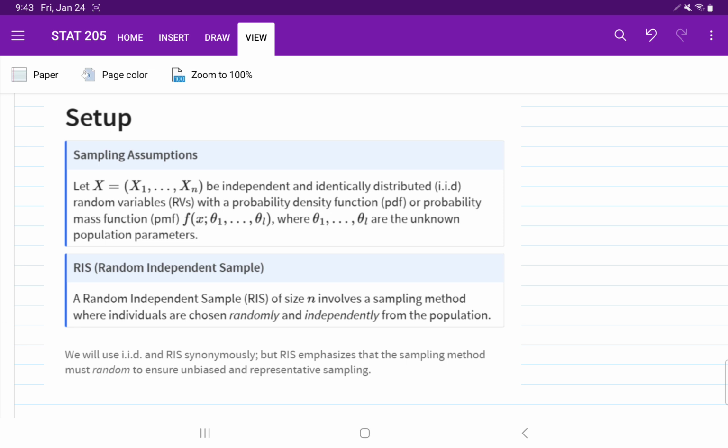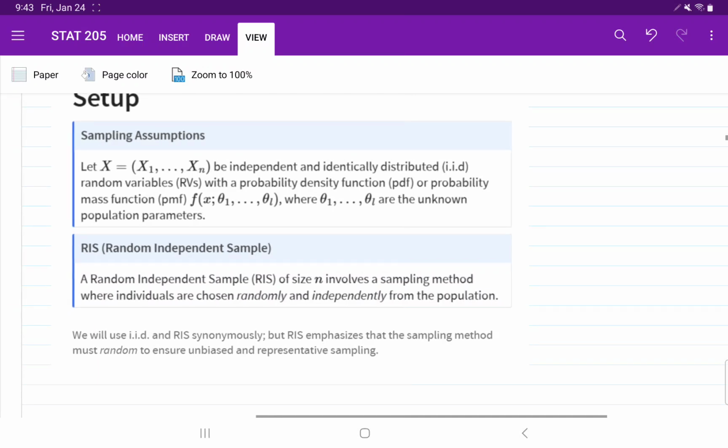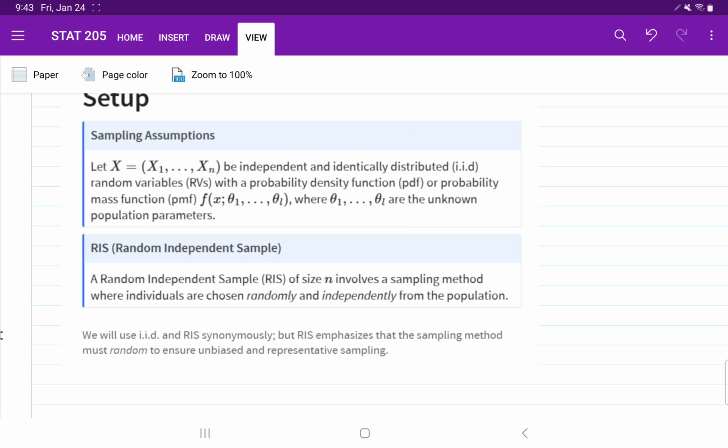So sometimes what you'll hear me refer to our sample as is a random independent sample. This basically combines the idea that we are taking a simple random sample from these IIDs. So we have to shuffle all of our people in a bag and pull them out randomly. In addition to that, we need to make sure that all of these people in our bag are independent from one another. We talked about violations of that previously. If we had twins, for example, in our study, that would violate that independence assumption. So sometimes I summarize this as a random independent sample, or I'll abbreviate that as an RIS